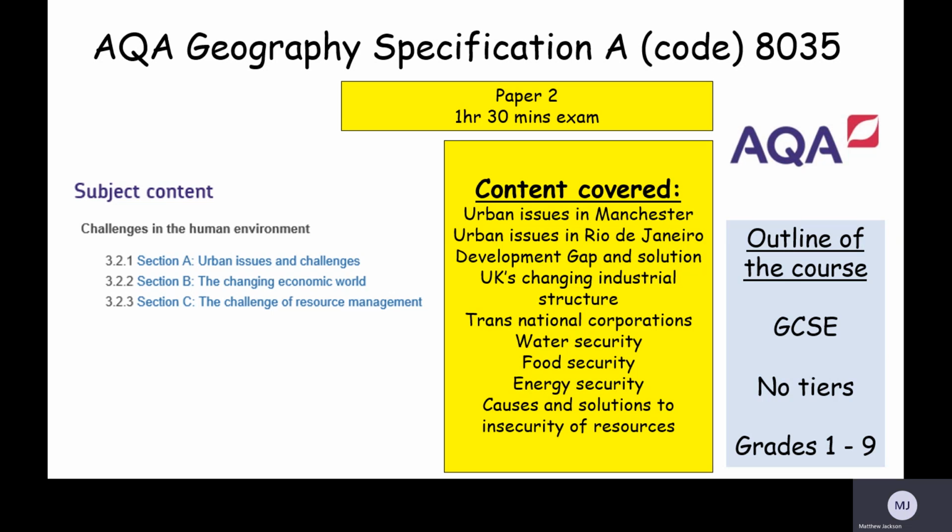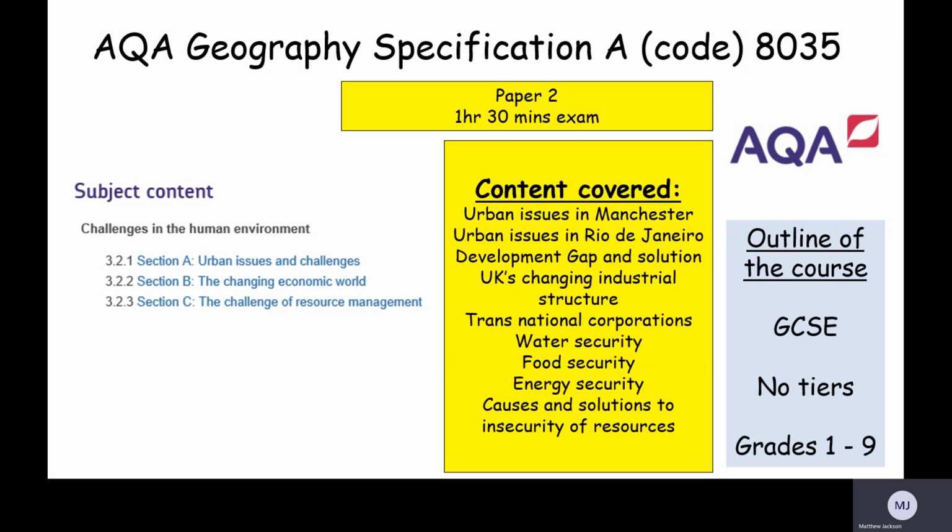The second exam, which is paper 2, which is again an hour and 30 minutes, is all on human. So we cover urban issues and challenges, the changing economic world, and the challenge of resource management. So within that, we look at urban issues in Manchester, so regeneration, gentrification, how things have changed over time. Urban issues in Rio de Janeiro, so we have to use a case study about the social challenges, and how those social challenges have been overcome by different acts and different